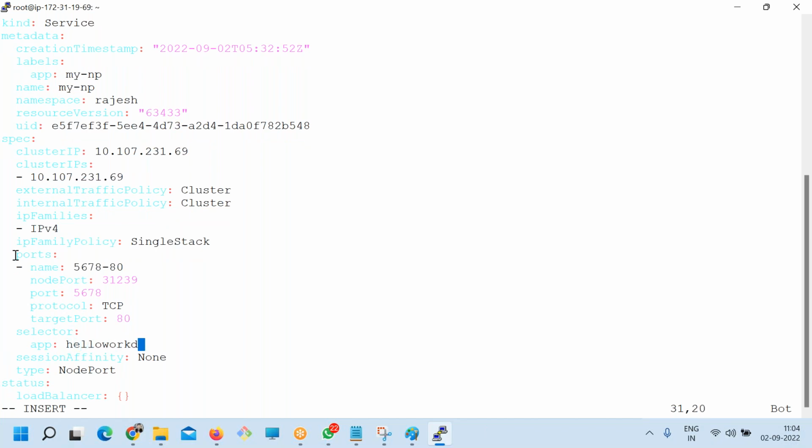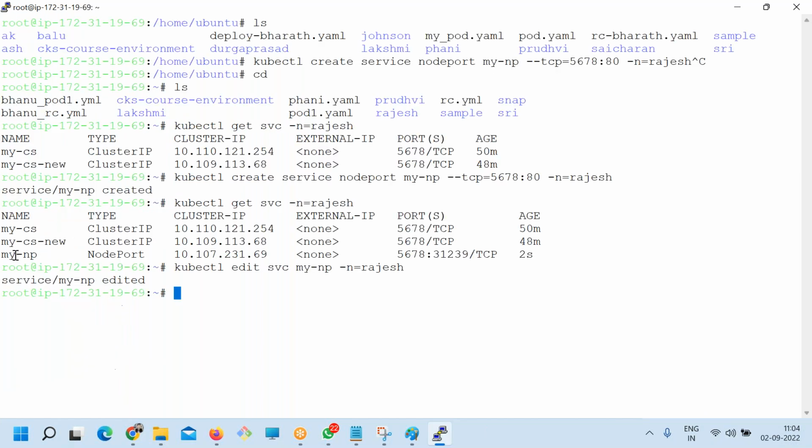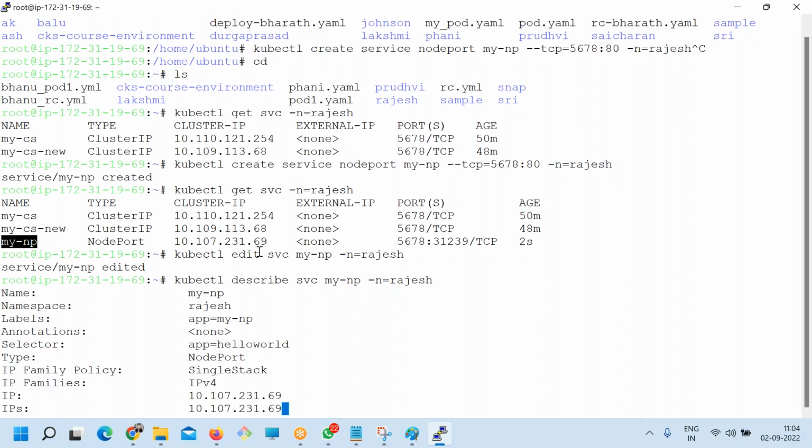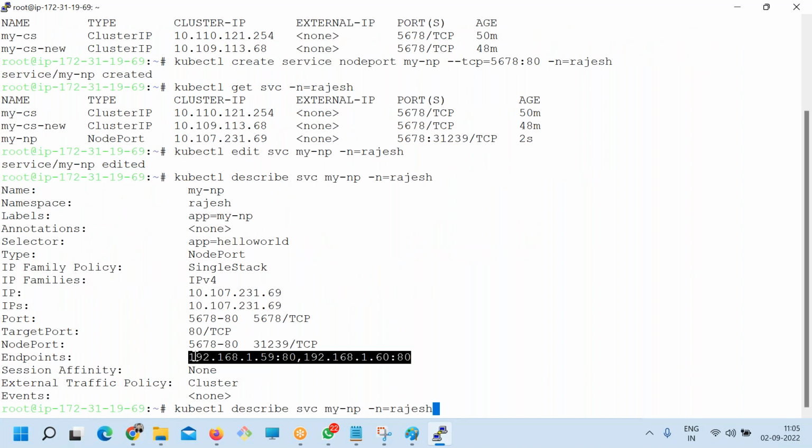Hello world. Which was a port, right? Describe this. I'll just check this. Describe svc. See that, the true port has come. It can be 2000 also.